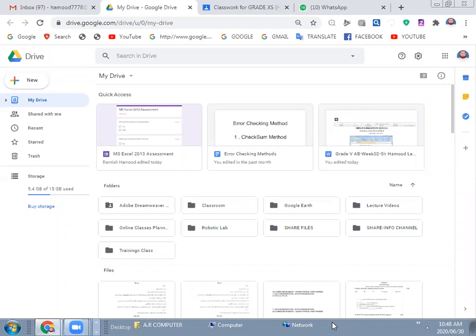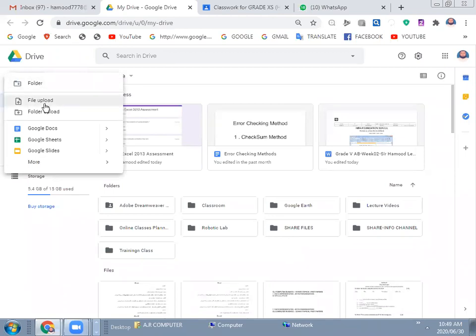So how can I do it? See this. I'll go to the New button, right? And this is actually the cloud computing application that is the replacement of Microsoft Word: Google Docs, right? I will go to Google Docs and then blank document or from a template.